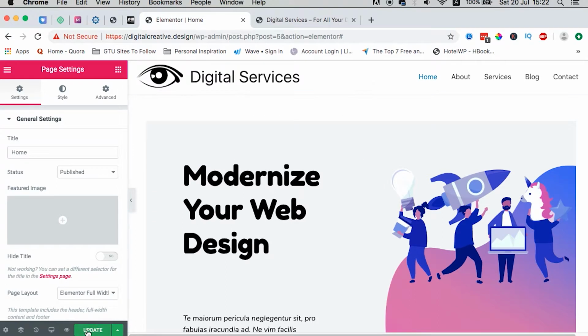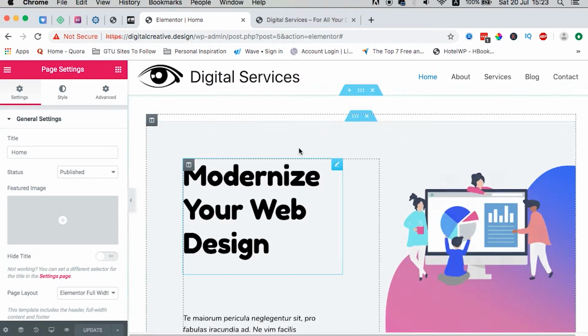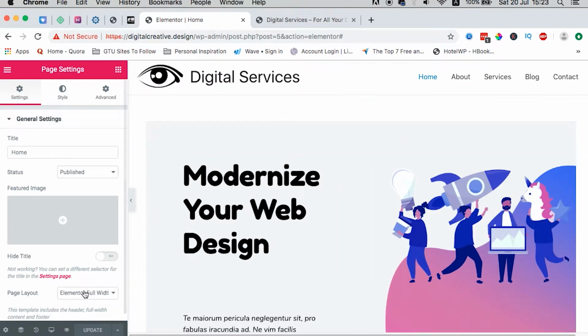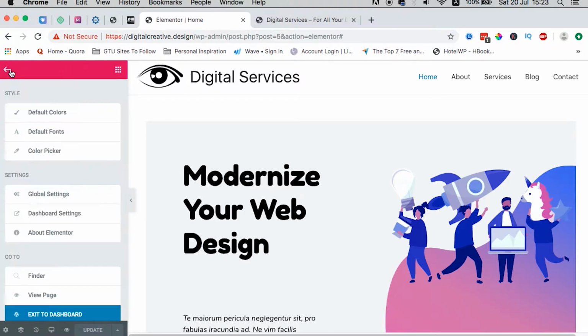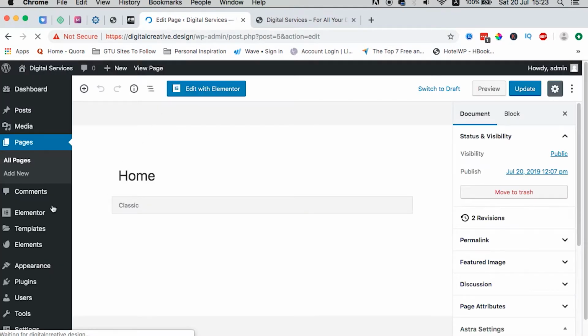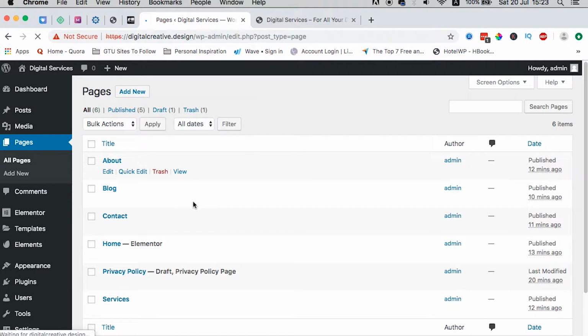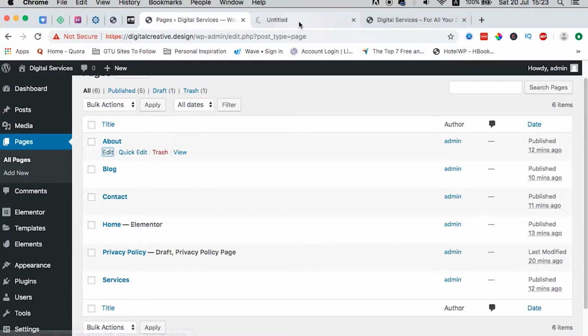So once we have that, we update. Once we import this template and then we set the page layout, we can now exit this and head back to other pages. Click on pages, all pages. So we can edit the about page,